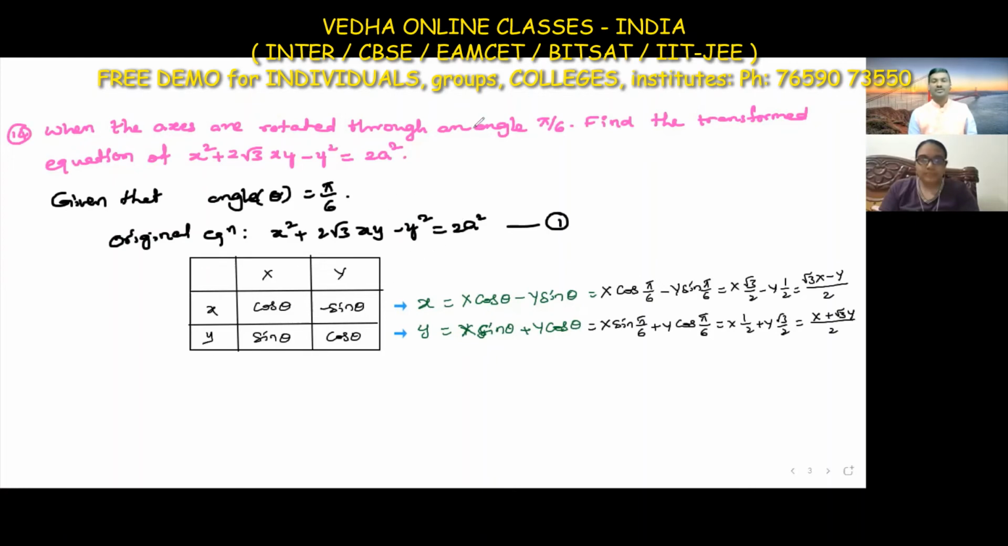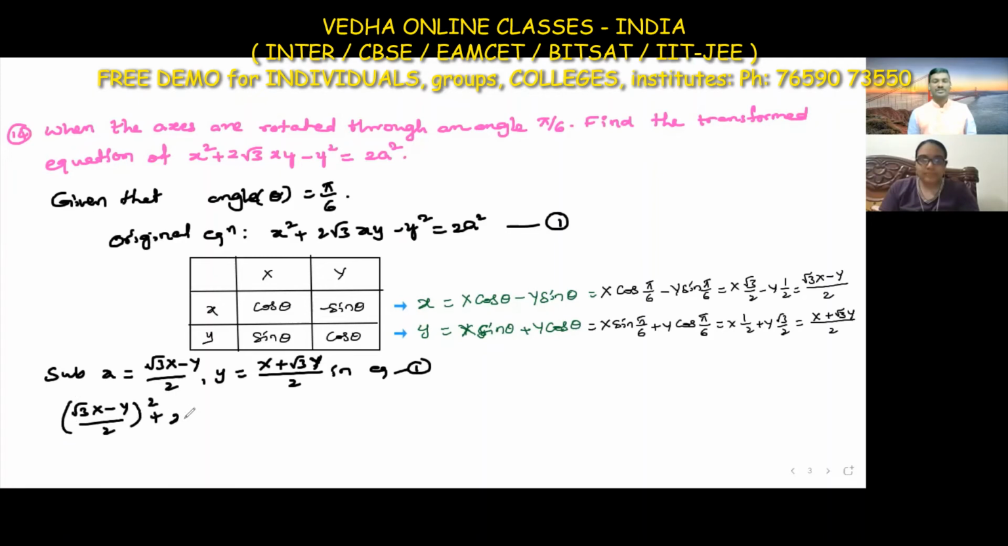Okay, so now substituting x equals (√3 X − Y)/2, y equals (X + √3 Y)/2 in equation 1. Then what we get? Small x means ((√3 X − Y)/2) whole square